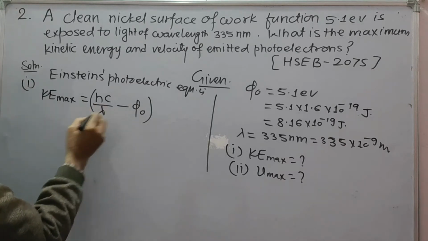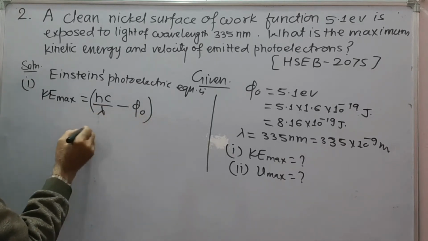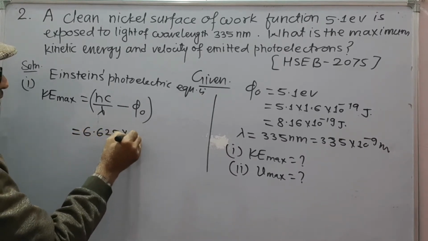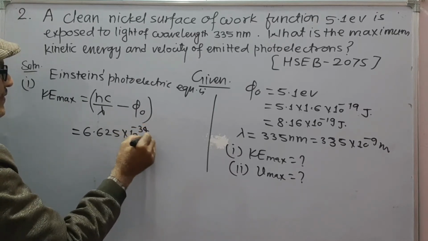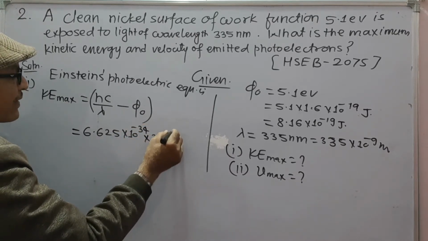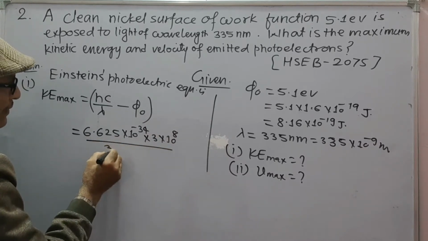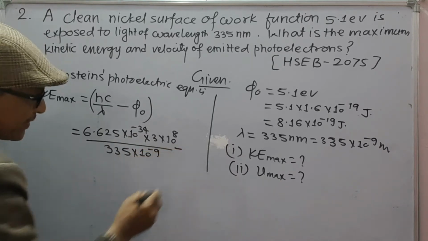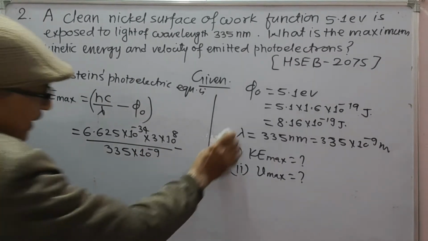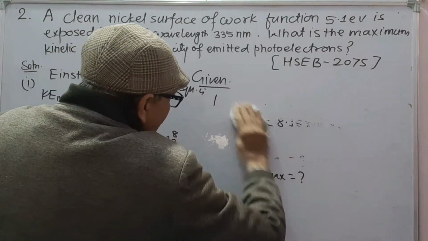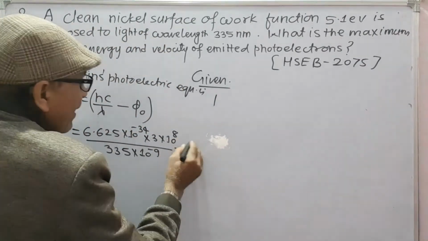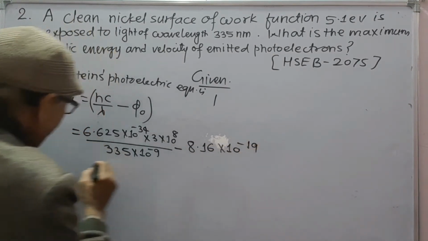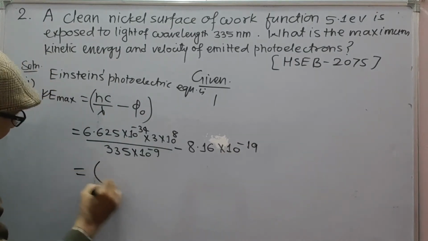Values of h, c, lambda, phi naught: you can put h as 6.625 × 10^-34, c as 3 × 10^8, lambda as 335 × 10^-9, minus phi naught. Phi naught is 8.16 × 10^-19, and on simplification it gives